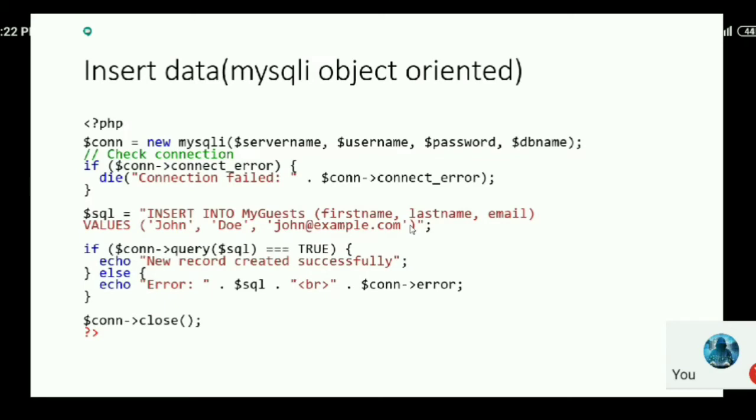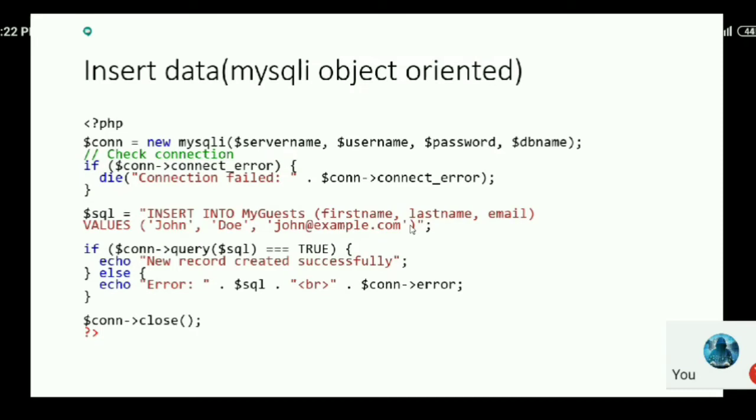Now INSERT INTO is the query, followed by the table name. I want to insert the data inside the table here. The table has 3 fields: first name, last name, and email. Inside these fields I have to push the respective values. The first name should take the value John, last name should take the value Doe, and email should take the value john@example.com. So all these values will be pushed over here.